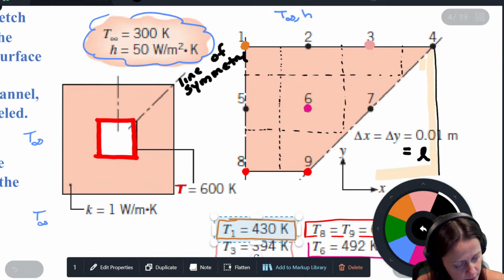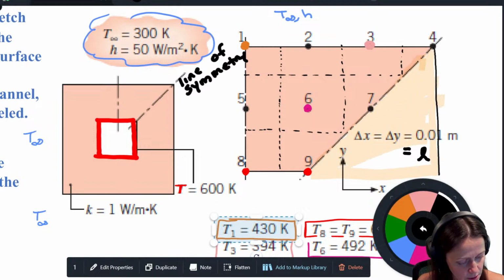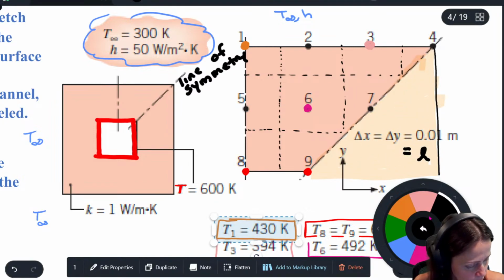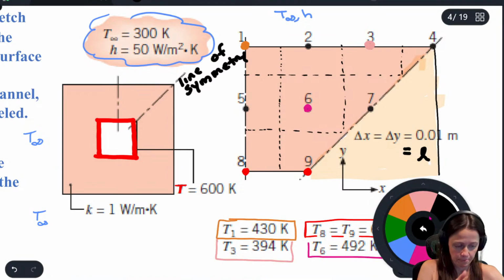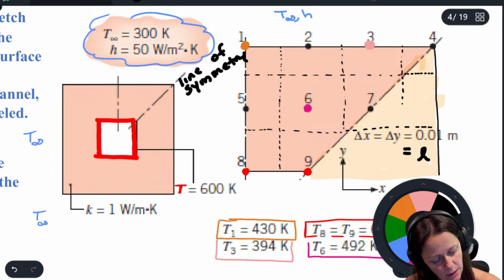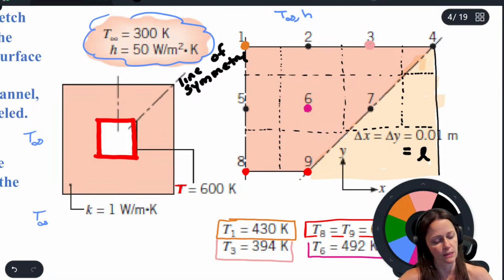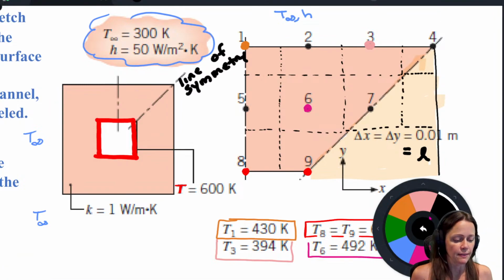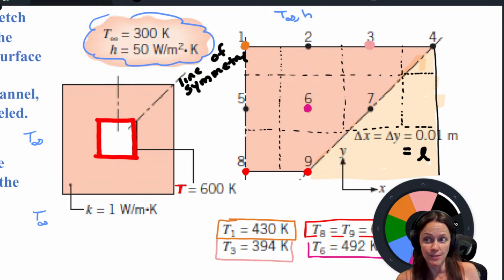Just kind of coloring it in, it's still material out there. And so if I kind of continued thinking about it, that goes like that, goes like that. I think that's really all I need to do. If I think about what the temperature distribution is on the other side of that line of symmetry,